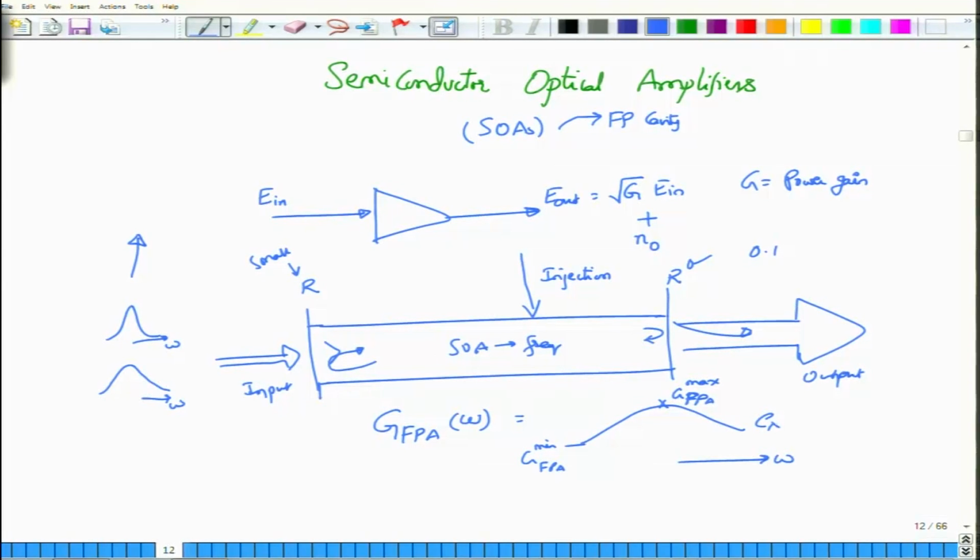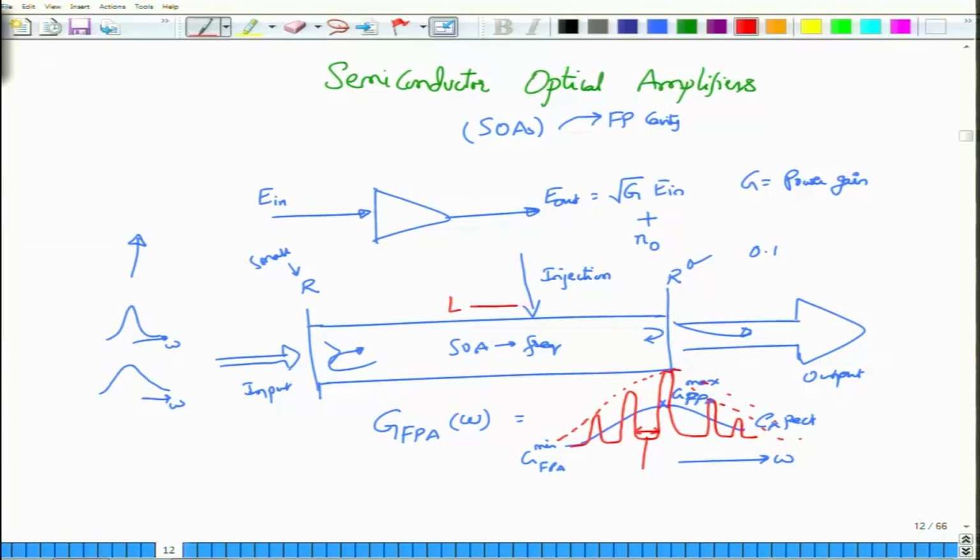This is what I would actually expect, but what in reality you get is a different thing. So, you will actually get something like this. You notice that you have an overall Gaussian type function. I did not draw it correctly, but essentially this is a Gaussian type function. Okay. But there are these regions where the gain is at a minimum level. So, there are these blanks in between, and there are multiple peaks within the gain spectrum of the amplifier material. This is a characteristic of the cavity.